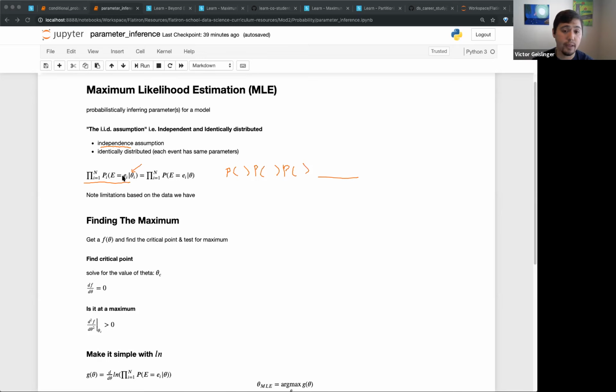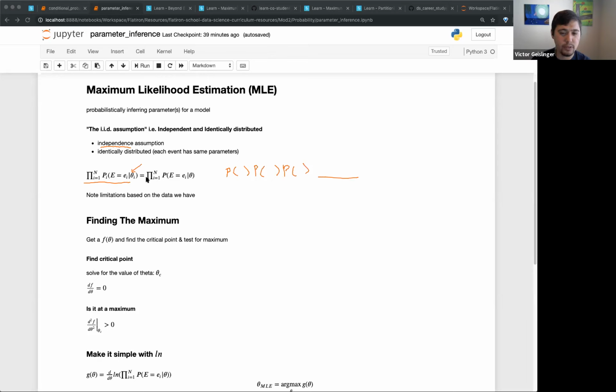So what's the probability of the event, let's say heads, happening given this parameter right here, sorry, not sigma, theta i, okay? Because they're independent and identically distributed, theta doesn't change. Basically, theta is the parameter. And independence just means that the probability should be the same every single time of this event. So it doesn't matter if we flip heads and later on flip heads again. That probability should be the same. Okay, cool. So that's the notation right here, and I just kind of wrote it.